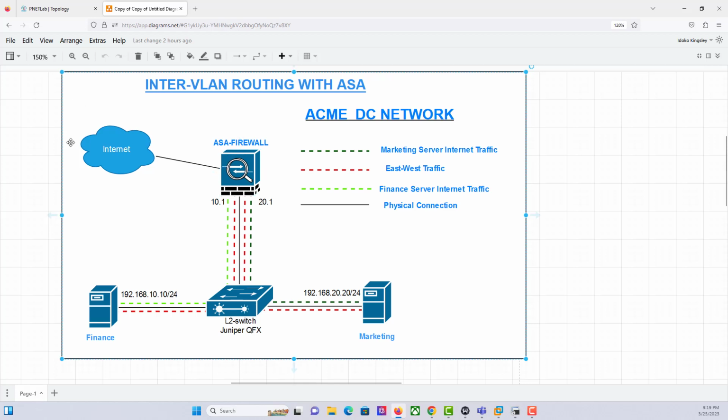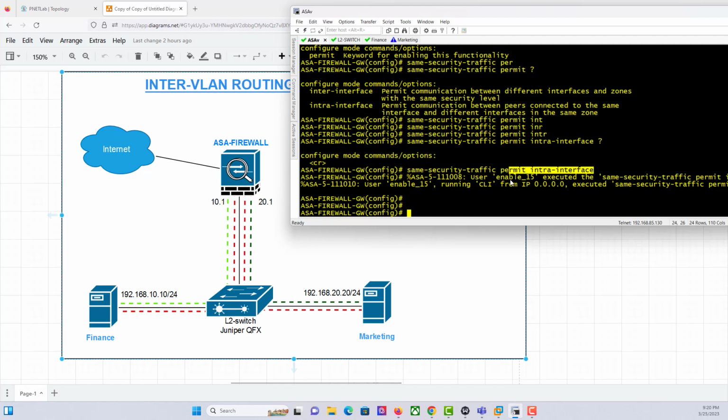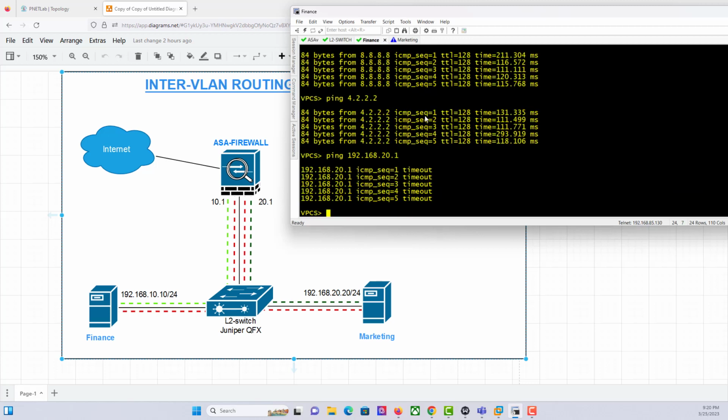In such a way, even when users are not connected internally to the ASA, even from their home, we're still able to provide the kind of security compliance that we want to have for them. I think there's an implementation called hairpinning, and I think this is the command that actually makes that work, right? So with this now, I believe Finance should be able to ping